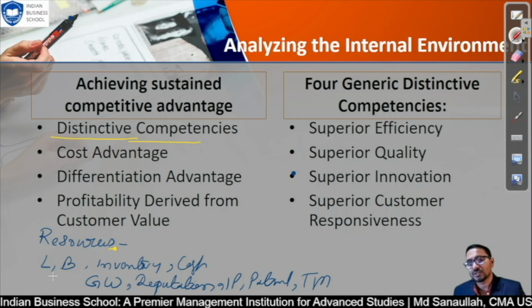How? So for example, land, building, inventory and cash, whatever other resources you have, how you are going to use these kinds of resources will make you distinctive compared to your competition. So how is it going to do it? For example, a company named D-Mart. D-Mart is running business in India. Okay, so what they actually do, they buy land.